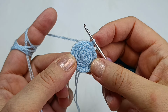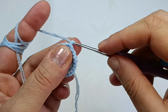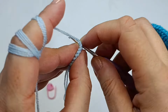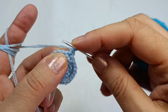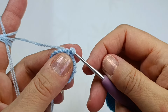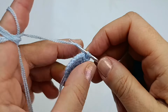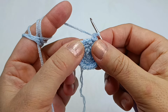This round also finished. For the next round, first of all, I'm making 1 chain, inserting my hook through the same stitch. In this stitch, I'm making 2 single stitches. This is 1, this is 2. In this same stitch, in this single stitch 1, we made 2 single stitches, okay? Now I am going to the following stitch,